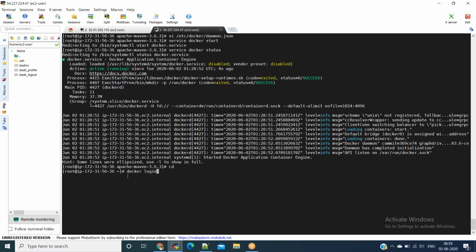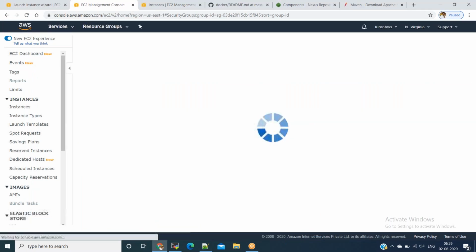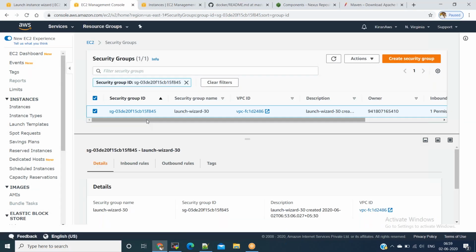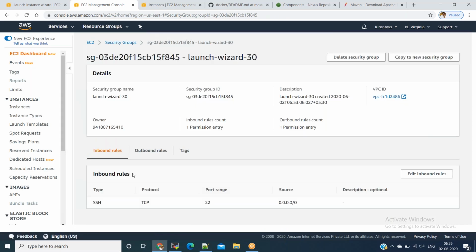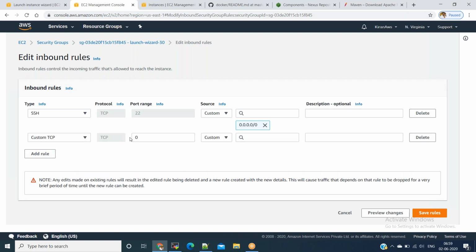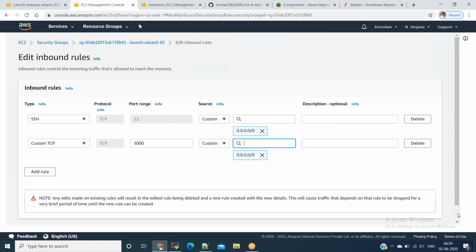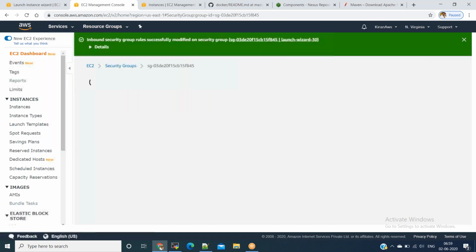Docker login. This may fail because we need to allow the port number in the instance. Click on security group ID, edit inbound rules, add rule for 5000 port. And in the source, mention all IP range. Save rules.